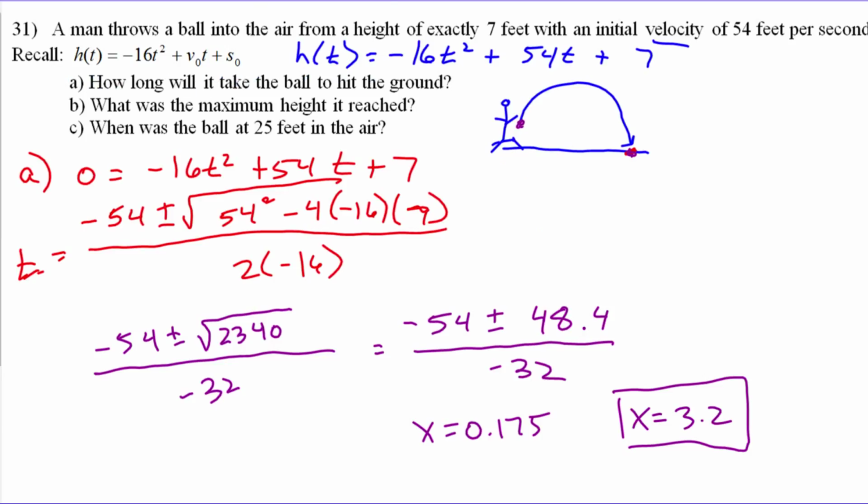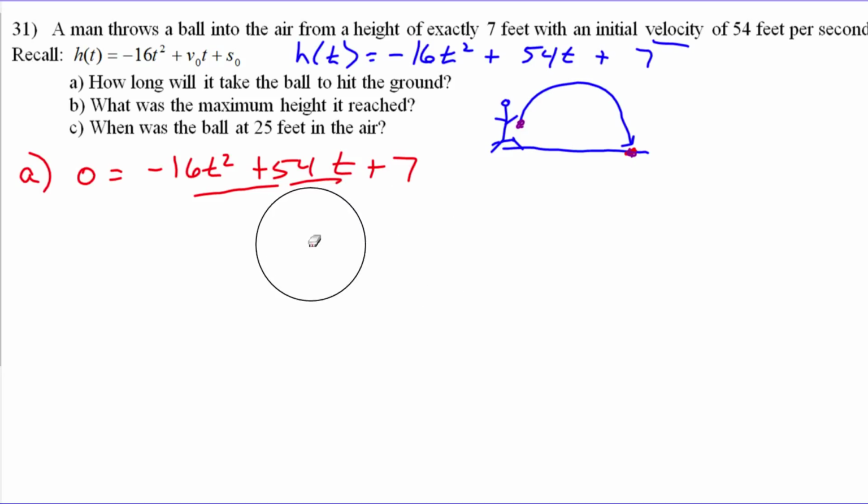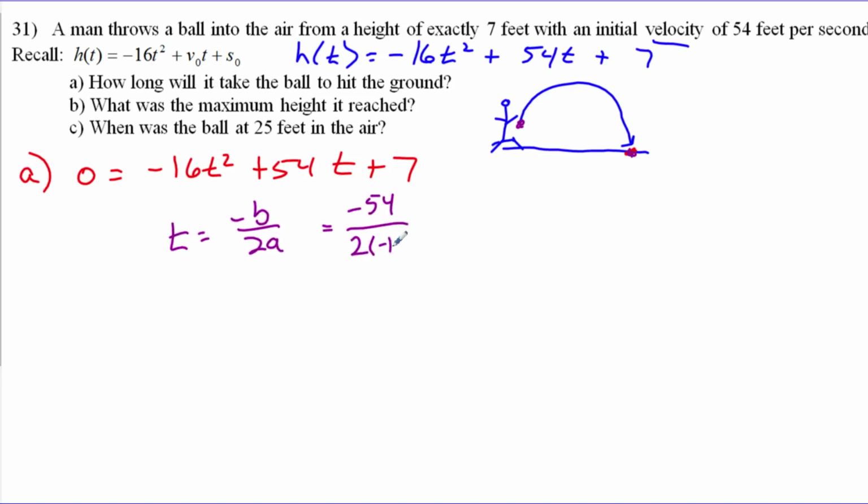What was the maximum height of the ball? So I'm going to get rid of all this information so we have some space to work with. Well, maximum is the key word here. Maximum means vertex. So I'm going to use this same function and find the vertex of the function. The vertex is negative b over 2a, and that's going to help me find t. So that would be for us negative 54 over 2 times negative 16, and so that's really 54 over 32. 54 divided by 32 is 1.6875,